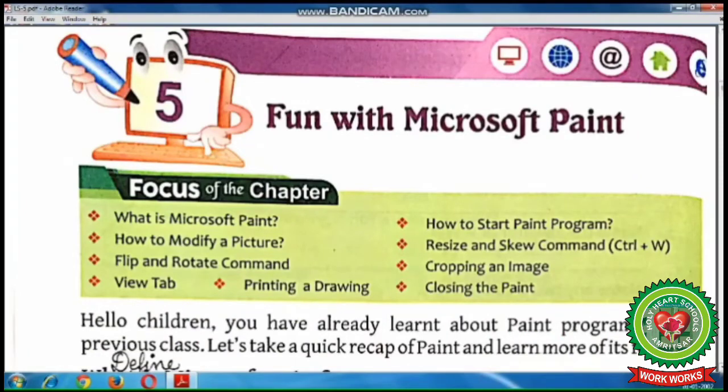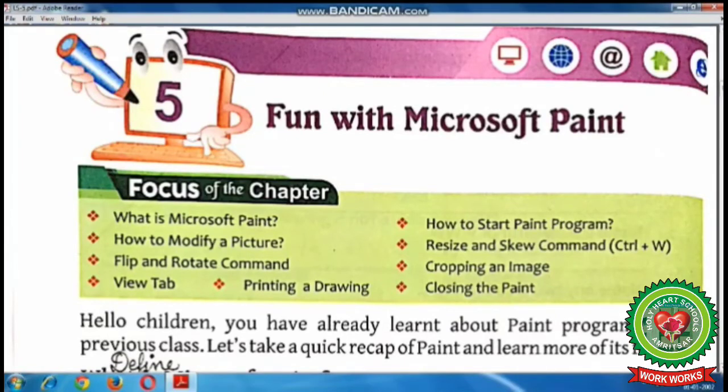Today we are going to start a new lesson, that is lesson number 5, Fun with Microsoft Paint. The objective of this chapter is to discuss the topics: what is Microsoft Paint, how to start Paint program, how to modify a picture, resize and skew command, flip and rotate command, cropping an image, view tab, printing a drawing, and closing the paint.